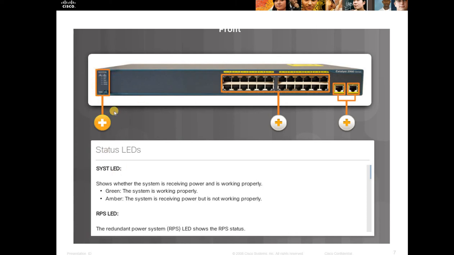This component is a status LED, which shows whether the system is receiving power and working properly. The green light indicates the system is working properly, and amber indicates the system is receiving power but not working properly. The RPS LED stands for redundant power system and shows the RPS status.